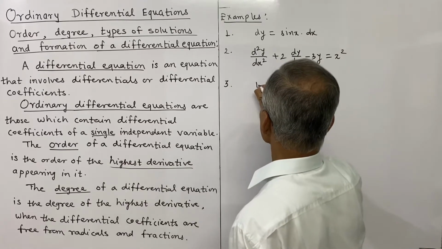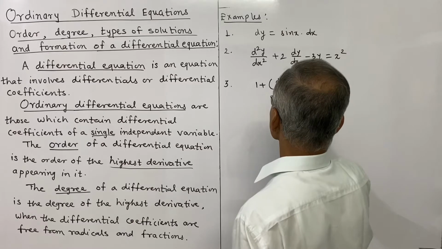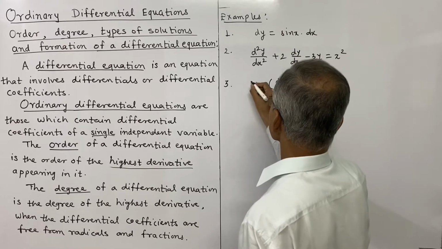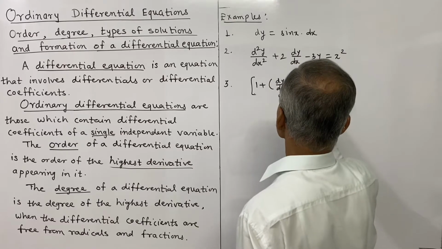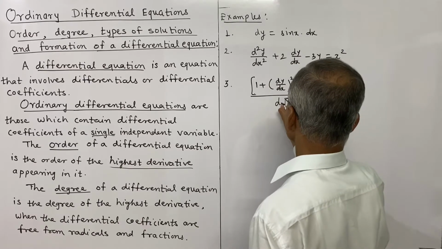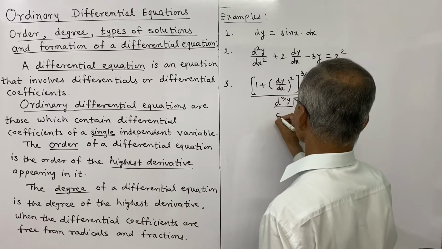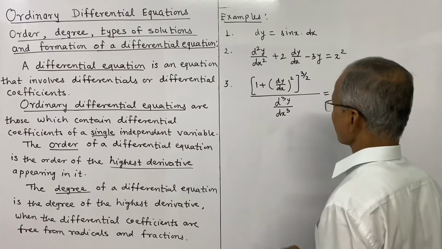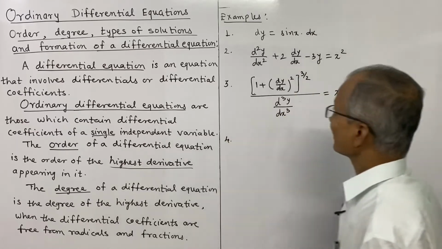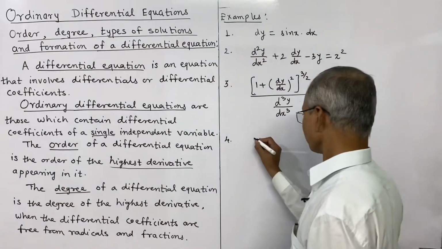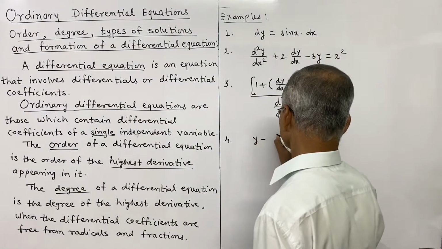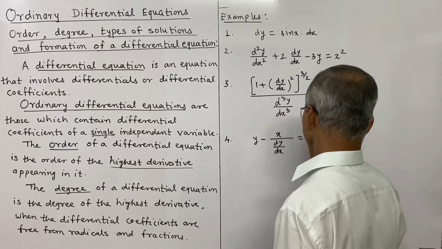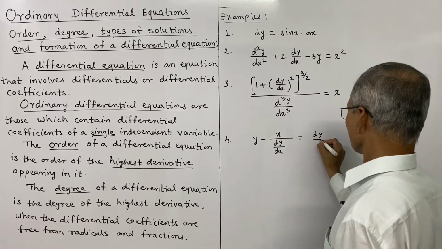Third I shall write 1 plus, and next I shall write as, so these are